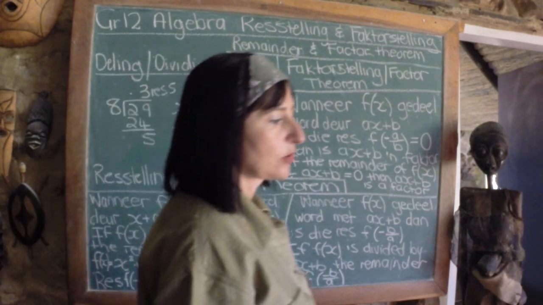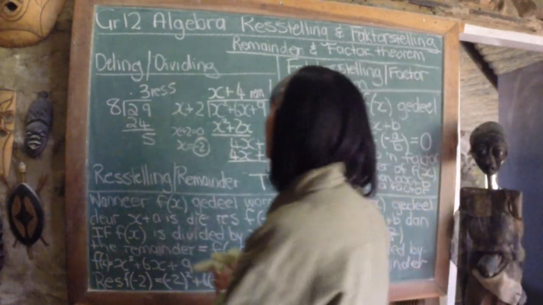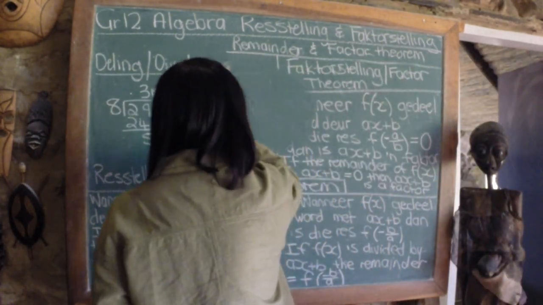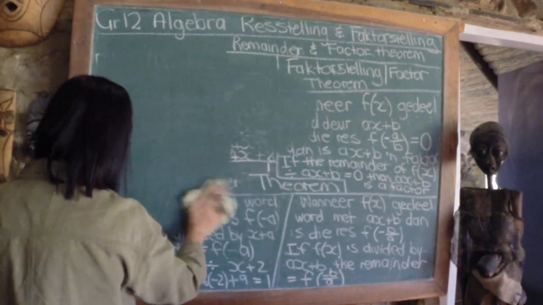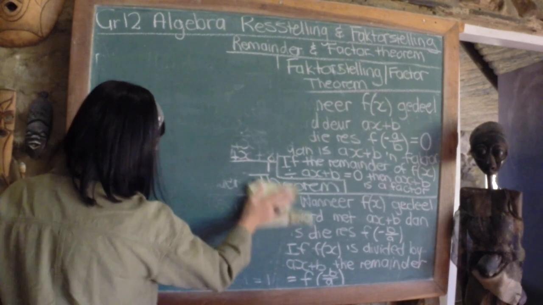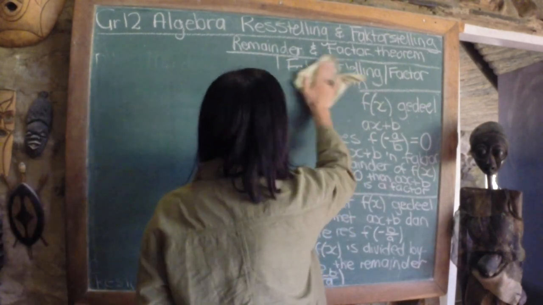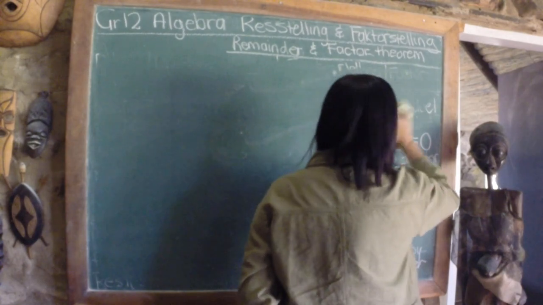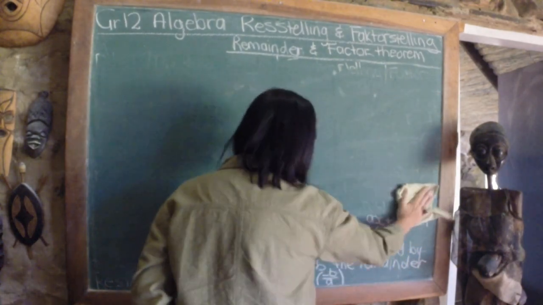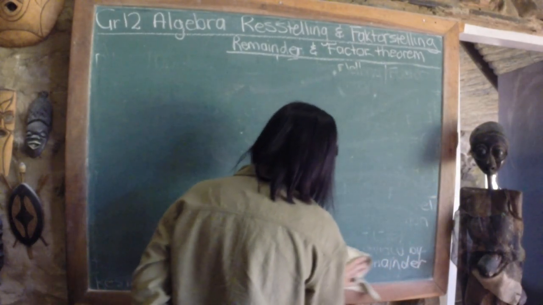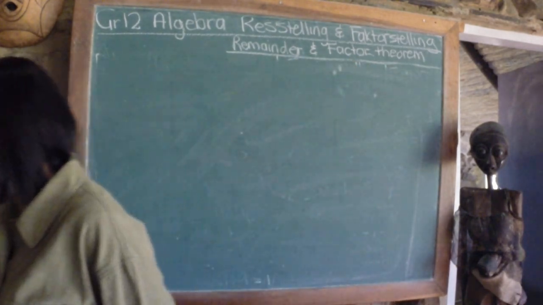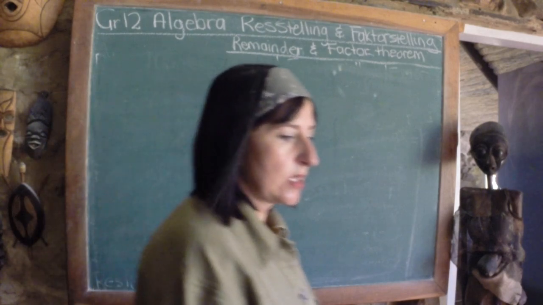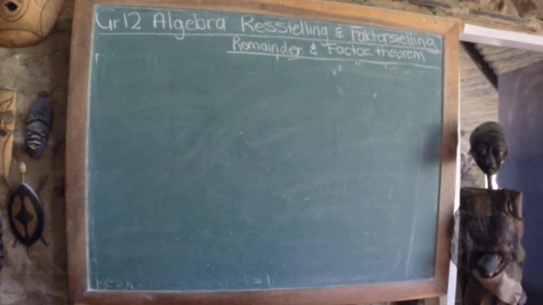Kom ons doen gou-gou 2 voorbeeldjies of 4 voorbeelde en ons kyk wat beteken hierdie teorie as ons dit prakties toepas. Dis factor theorem and the remainder theorem. What does it mean practically in mathematics? And the first question I'm going to ask you is to determine the remainder